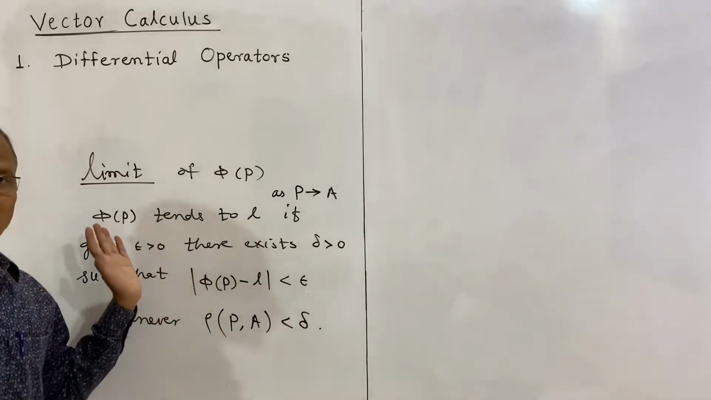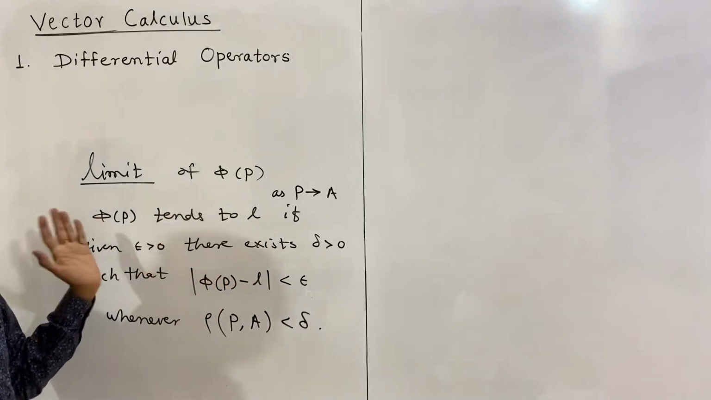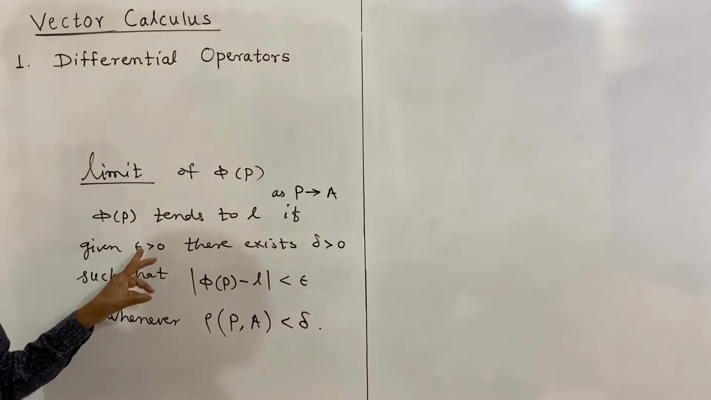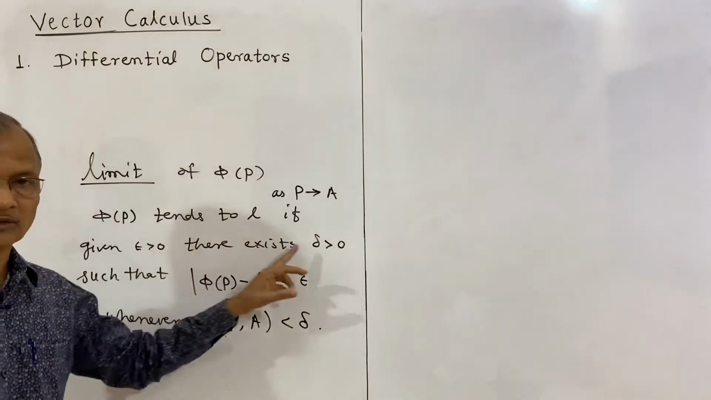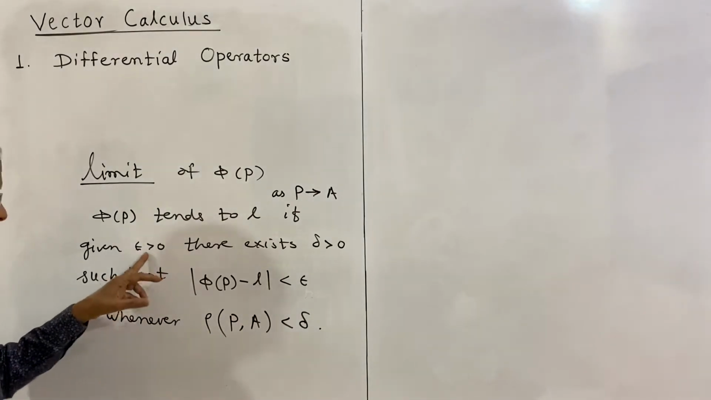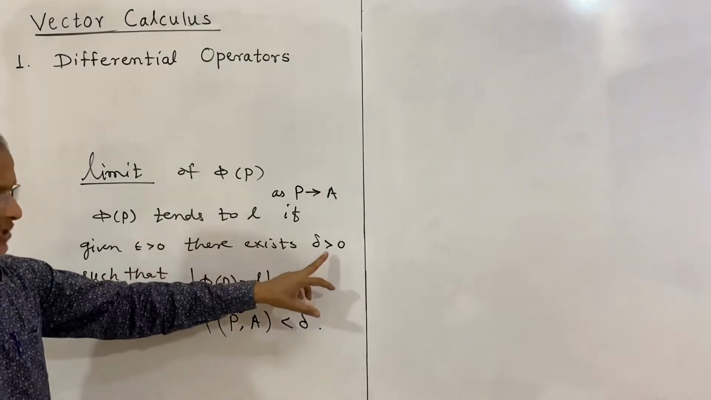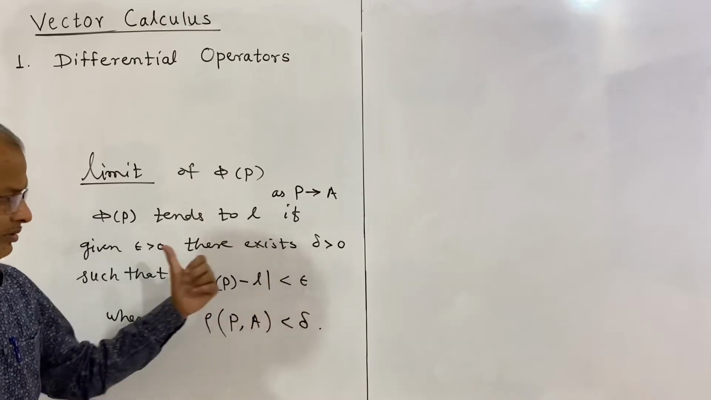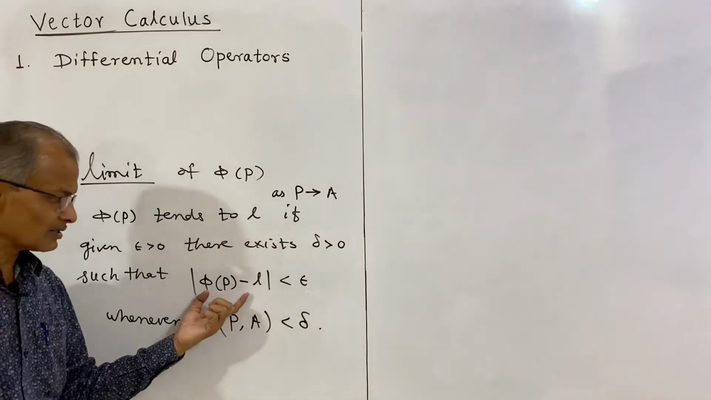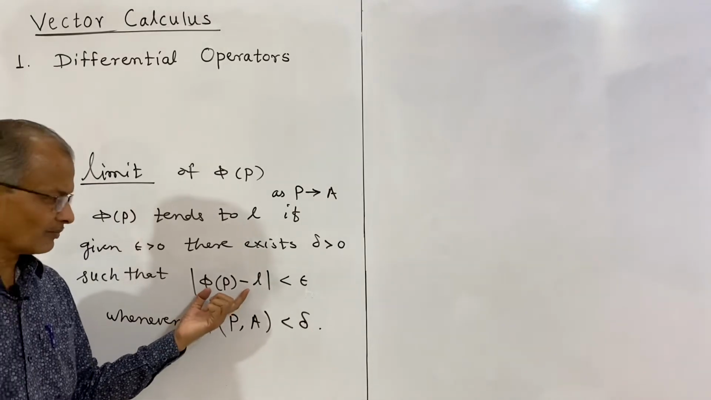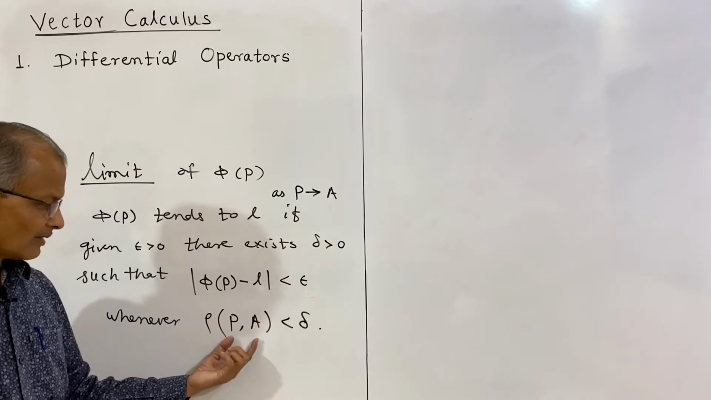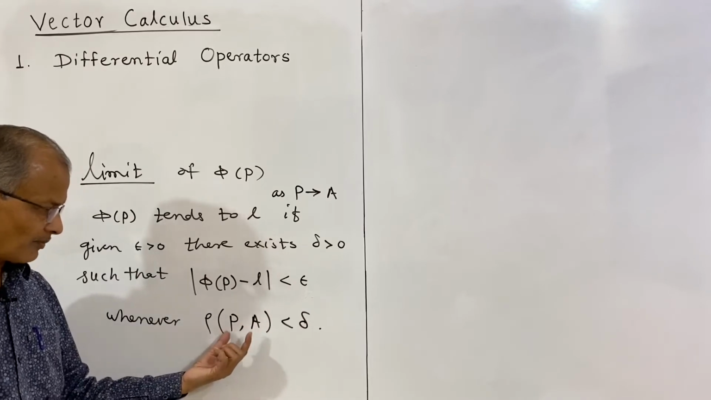When we say function tends to L as x tends to A, if given epsilon greater than 0, epsilon and delta are Greek letters denoting small positive quantities. Epsilon greater than 0 means a positive quantity. There exists another positive quantity corresponding to this epsilon, delta greater than 0, whenever the absolute difference of phi P and L is less than epsilon